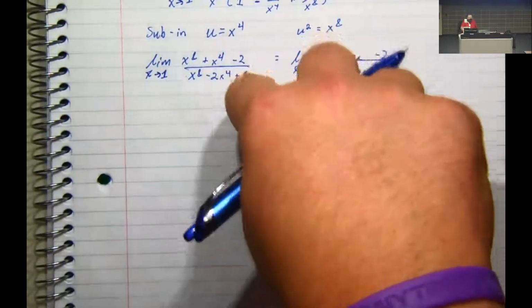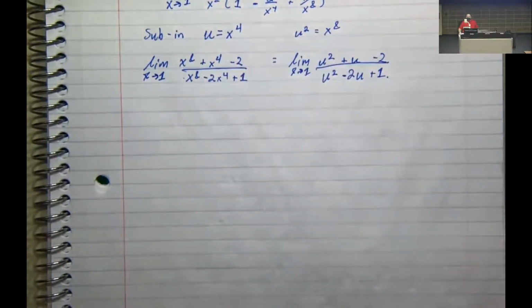When we were here, you could factor from here, but typically you're not factoring something with